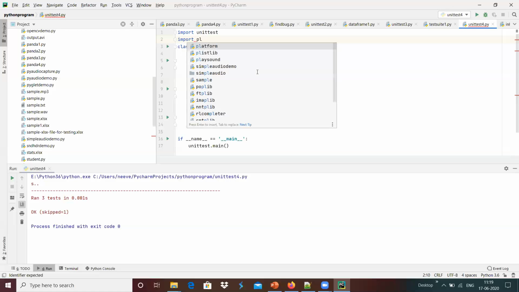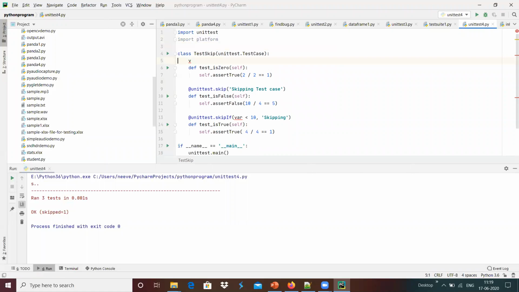I'm going to use platform over here, and we have the version, the option platform dot Python version, and I'm going to skip if this version is lesser than 3.5.0. In this case maybe we have 3.6.8.